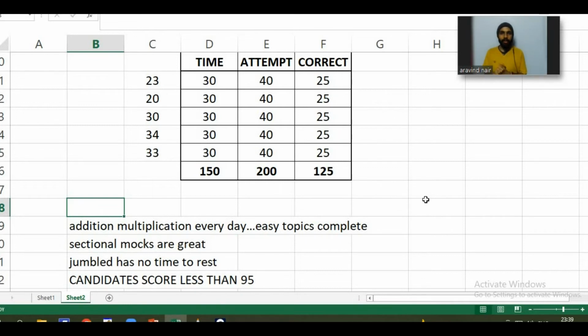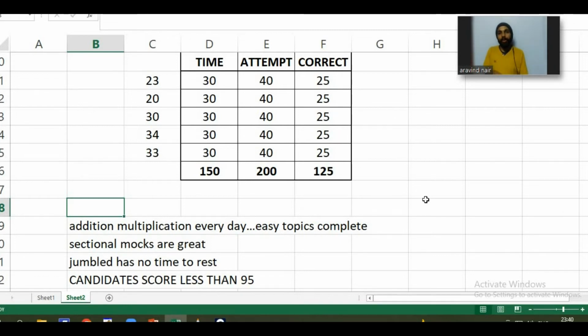To increase your chances of securing good marks, do sectional mocks. Of course the questions are coming in jumbled, but even sectional mocks are going to help you. Sectional mocks come for about 30 minutes for one entire section, like English 30 minutes or quants 30 minutes. Of course it's not jumbled, but at least you get to solve those 50 questions in 30 minutes or 75 questions in 1 hour, and you will get the idea of how to maintain time. On top of that, you're not solving it for 2.5 hours.